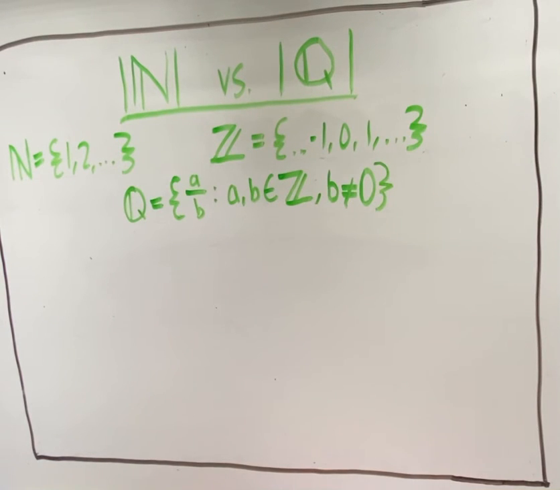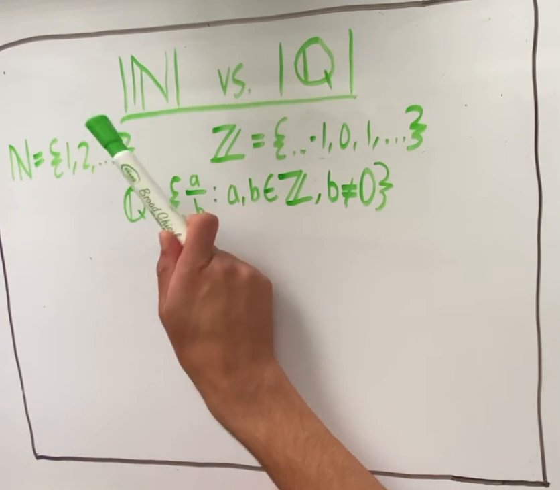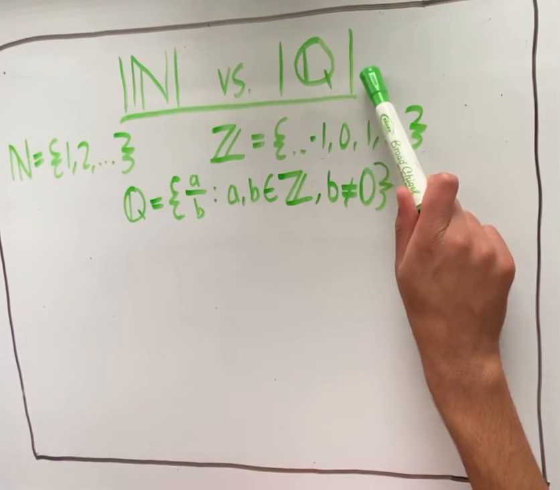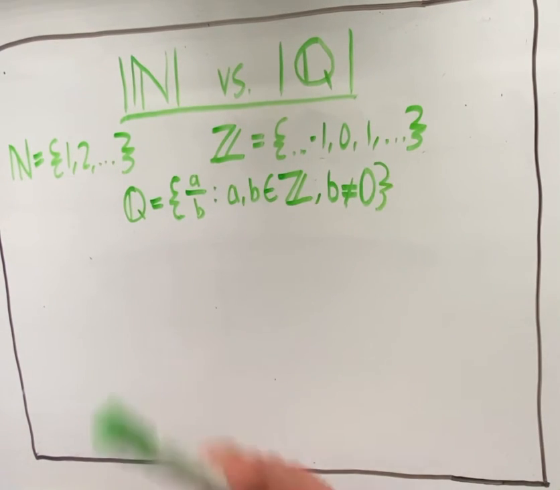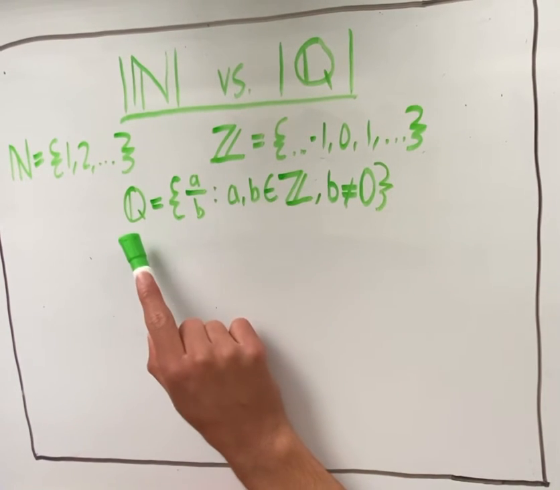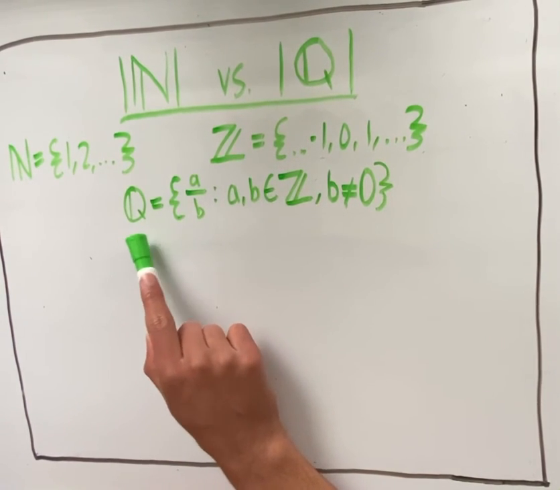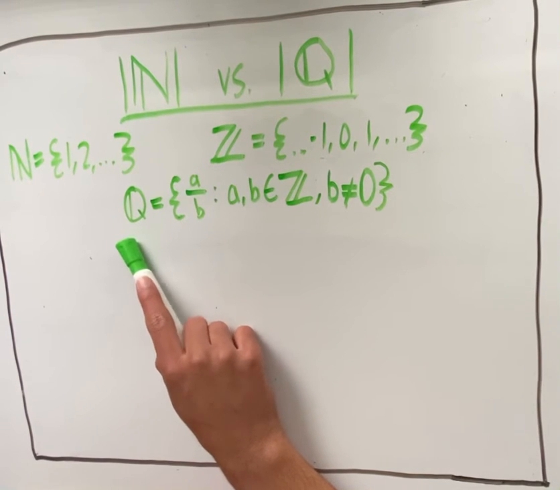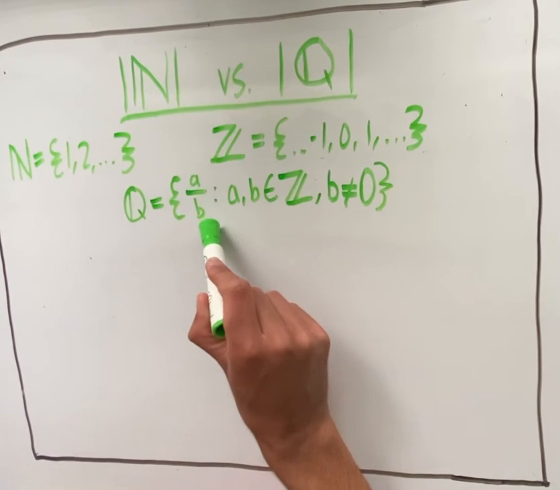So in the previous video, we showed that the cardinality of the naturals was equal to the cardinality of the integers. And in this video, we're going to be comparing the cardinality of the naturals to the cardinality of the rationals. So recall that the rationals, I still have the definition of the integers here because it's used in the definition of the rationals, are any numbers that can be written as a divided by b, where a